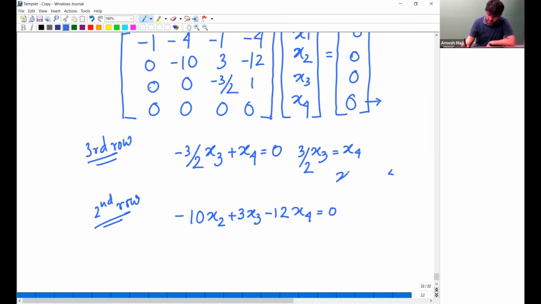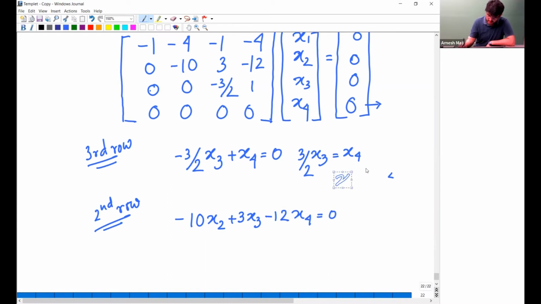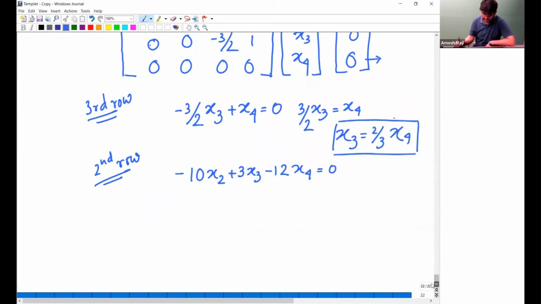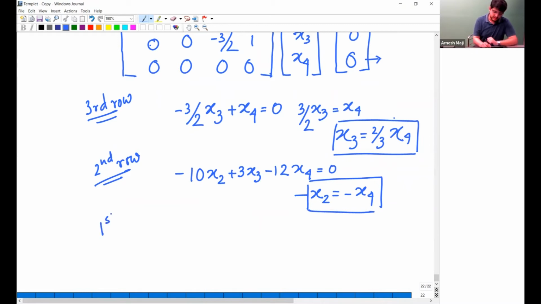So x3 will be 2 by 3 into x4, not the other way. Now if we solve this, we'll just put this in and we will get x2 equal to minus x4. We'll again box that. If we go to the first row, what we will get is